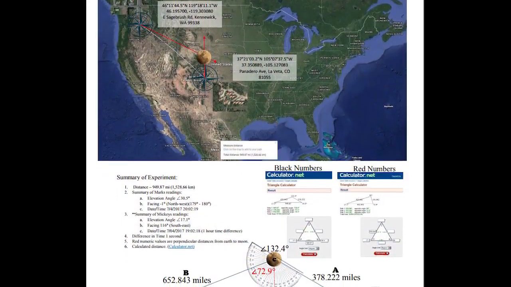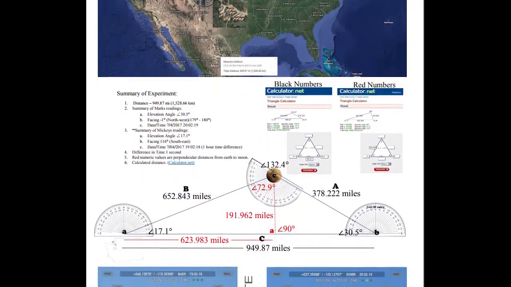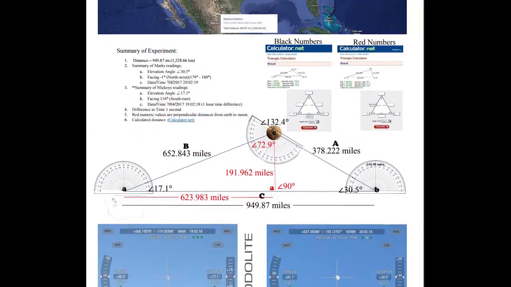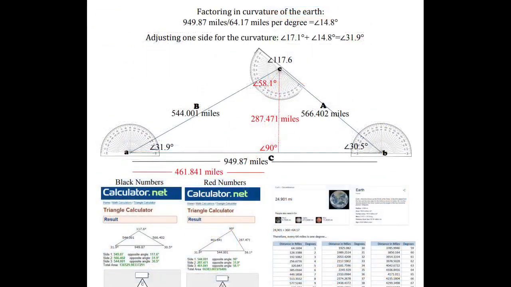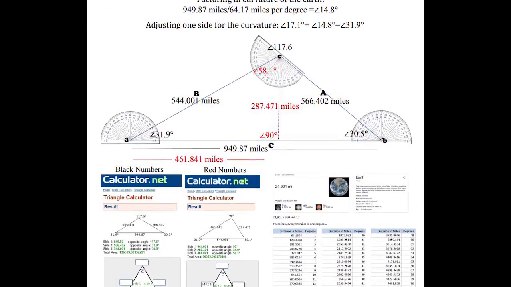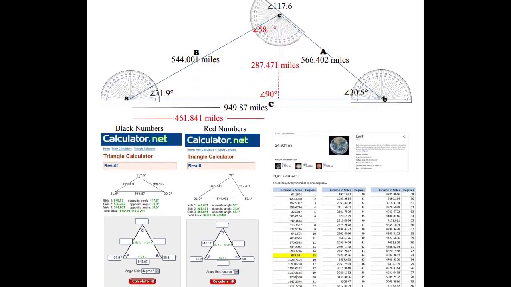Now, how many of you know, if you know the distances between 2 points, you can triangulate to figure out the third, right? So they went to this website, calculator.net, it's just a math website, and they wanted to do the triangulation on the moon. So they took all the data from the theodolite app, plugged it in, hit go, and it told them that the moon was less than 300 miles away.